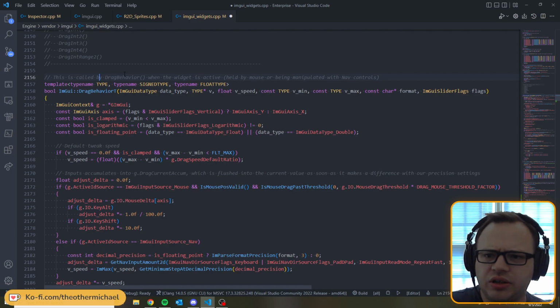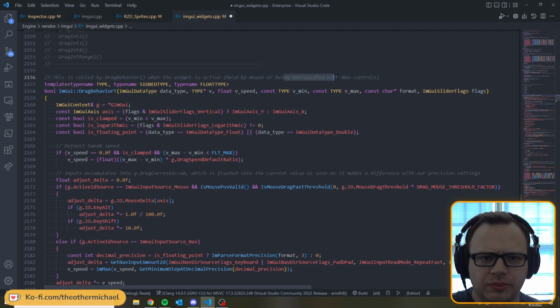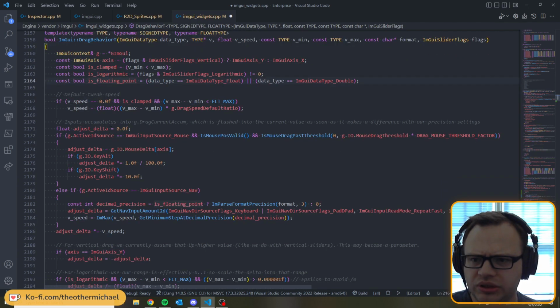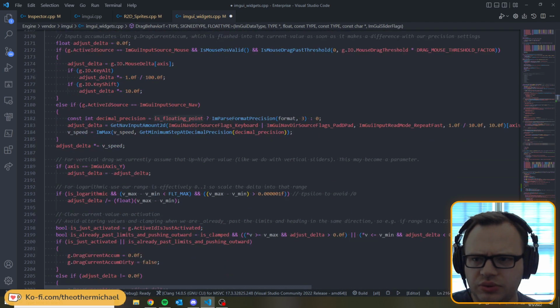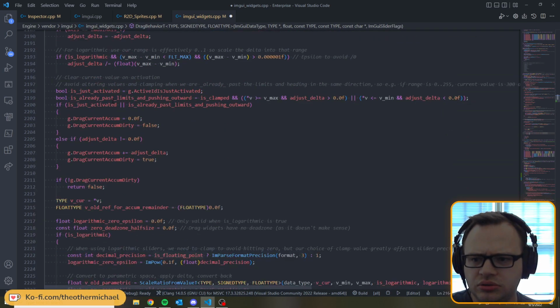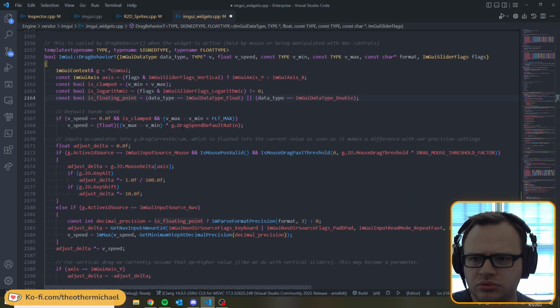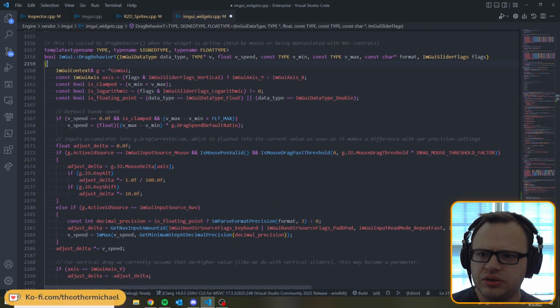Alright, so this is called by drag behavior when the widget is active, held by the mouse, or being manipulated with nav controls, which I'm assuming includes keyboard input. Is clamped, is logarithmic, is floating point. Default tweak speed. Okay, so inside of this block,